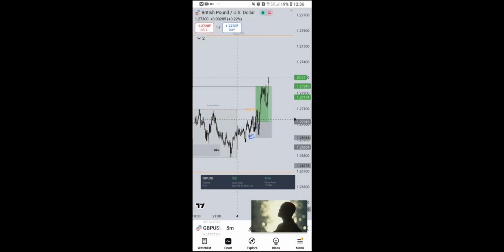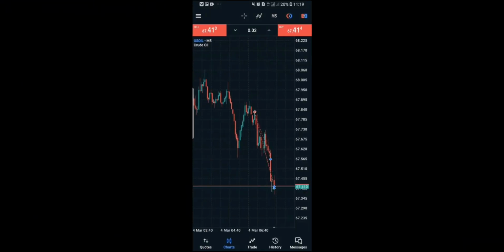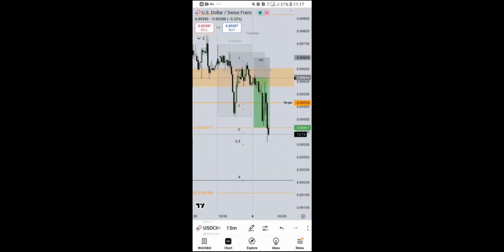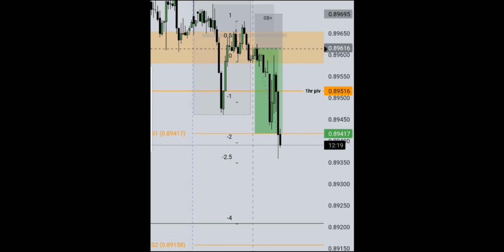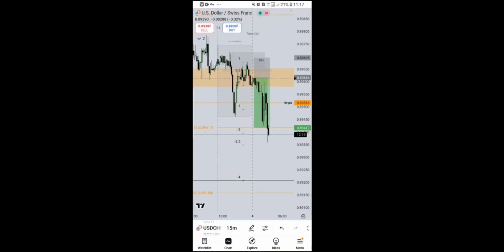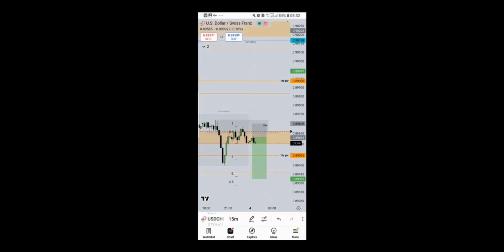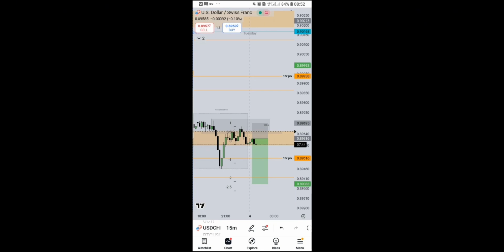So you can see this setup actually passed my phase one, right? I was planning for this setup to pass my phase one, where is its entry right here, USD CHF, right? You can see that when it changed the direction, I also changed my anticipation, right? So I also started looking for sales, right?